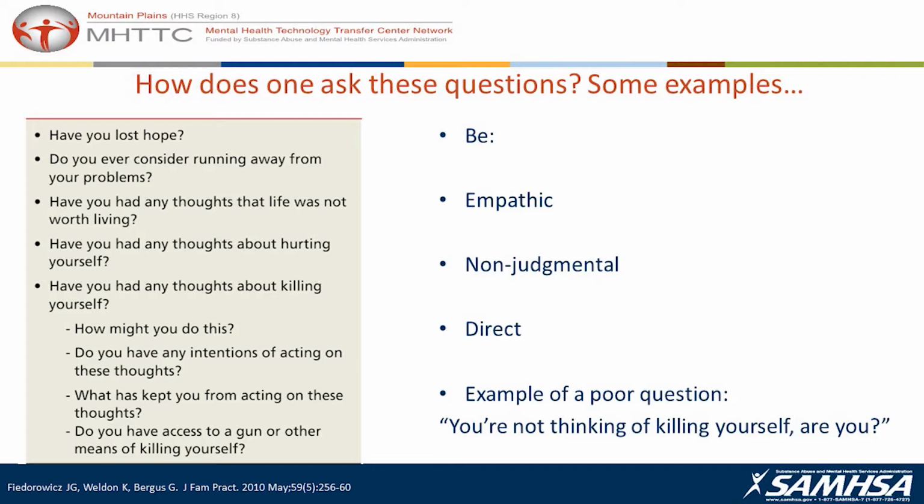Do you have any intentions? What's kept you so far from doing this? That helps in terms of protective factors. Do they have protective factors wrapping around that aren't going to change, that reduce the risk? Or are we predicting, is there foreseeable change that's going to add to the risk significantly? And then talking about plan, means, etc.